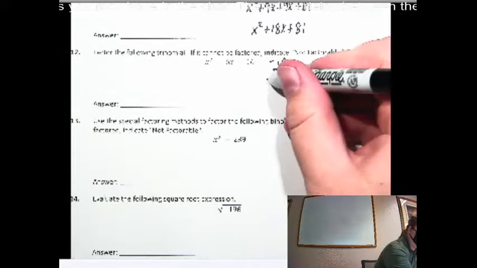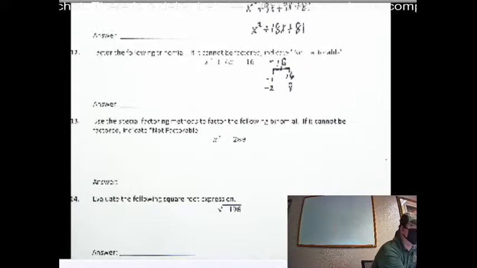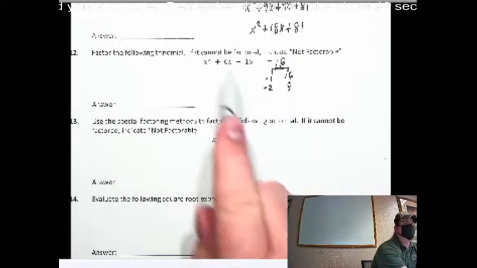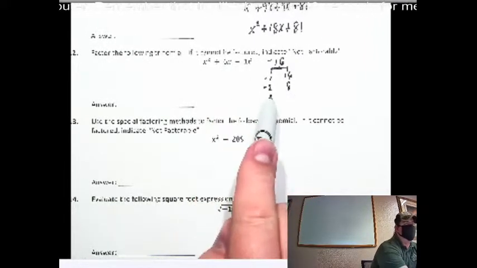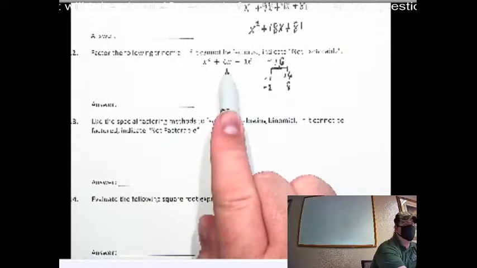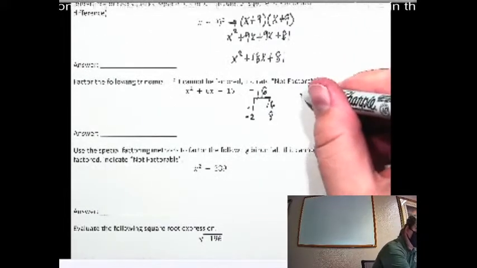Okay? Negative 2 and 8. What else? Well, we don't need any more, do we? Because these will give us our middle term. If we combine negative 2 and positive 8, they give us positive 6. So we can use that